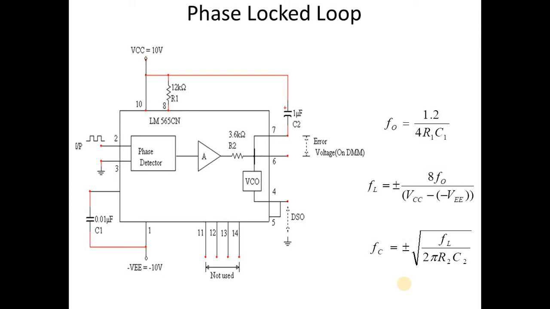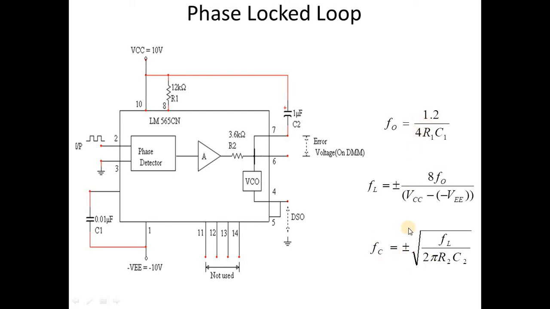Now let me talk on what is free running frequency, what is capture range and what is lock range. So first, free running frequency. Before applying the input, PLL is in free running state and it is a center frequency of PLL. I repeat, before applying the input, PLL is in the free running state, and that frequency will be free running frequency and it will be a center frequency of PLL.